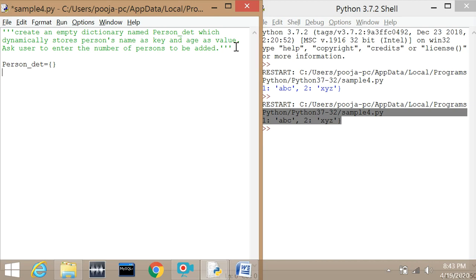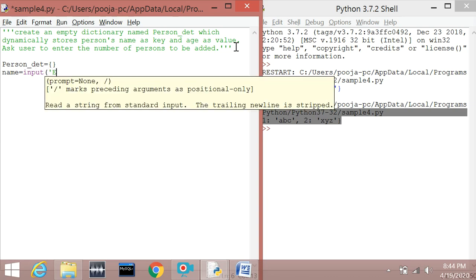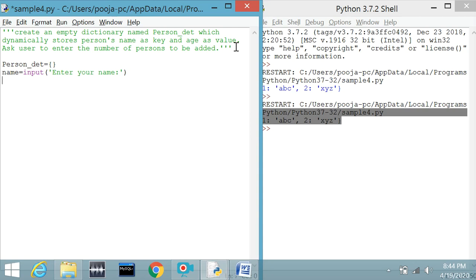So you all know, if you want to take the input from the user, you need to use the input function. So here I will write that statement. First of all, I have to accept person's name. So I'm taking one variable name. You can take any name, okay? Name is a string value, so we just have to use the input function, and in the bracket we have to give a message to the user. Make sure you give an appropriate message to the user so that the user can enter a proper value. So here you can write, enter your name. Correct? Close the bracket, press enter.